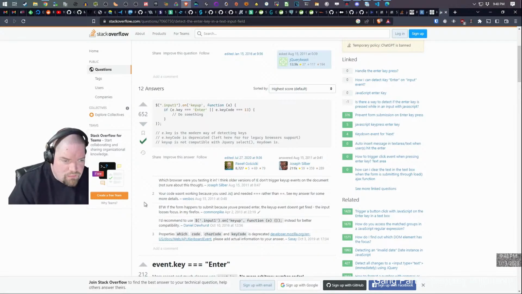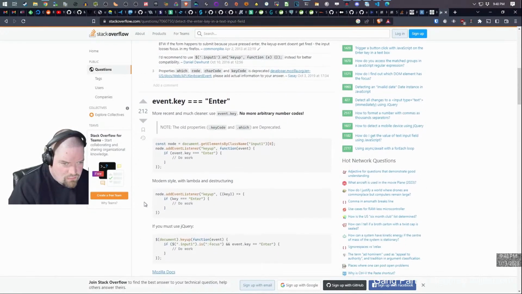Key is the modern way of detecting keys. Key code is deprecated. Alright.